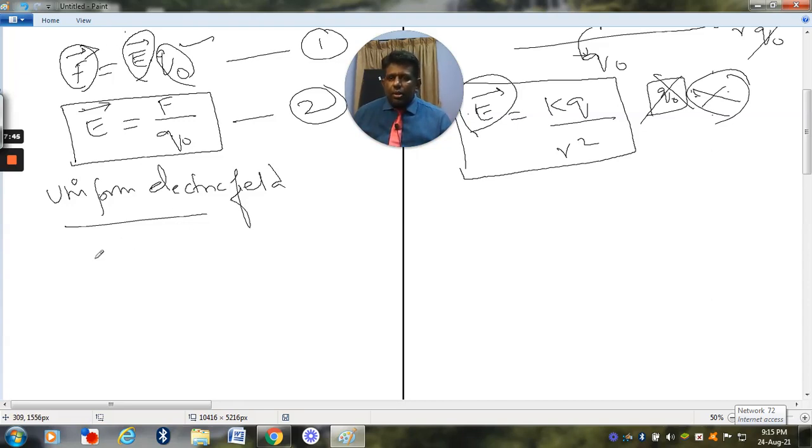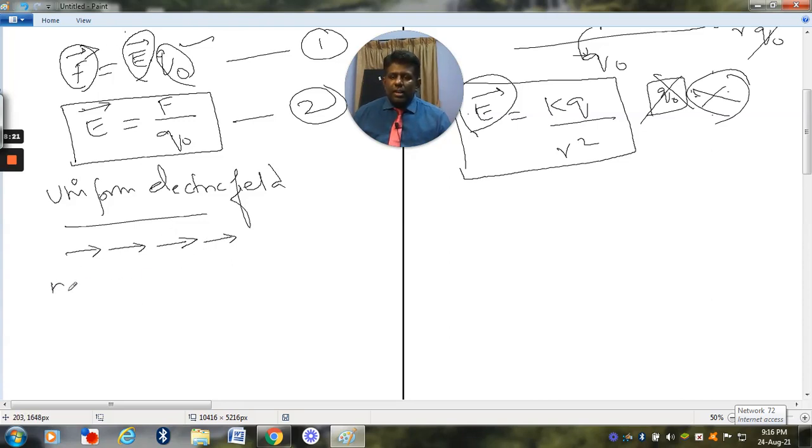That is, the magnitude and direction of the field lines. We have seen the electric fields, right? For the field lines, the magnitude and direction should be equal. That is uniform. It should not vary. See, in this electric field, the field lines should be equal. See, this electric field line, this electric field line, this electric field line, and this electric field line: both magnitude and direction are in the same direction. This is one of the examples of uniform electric field.